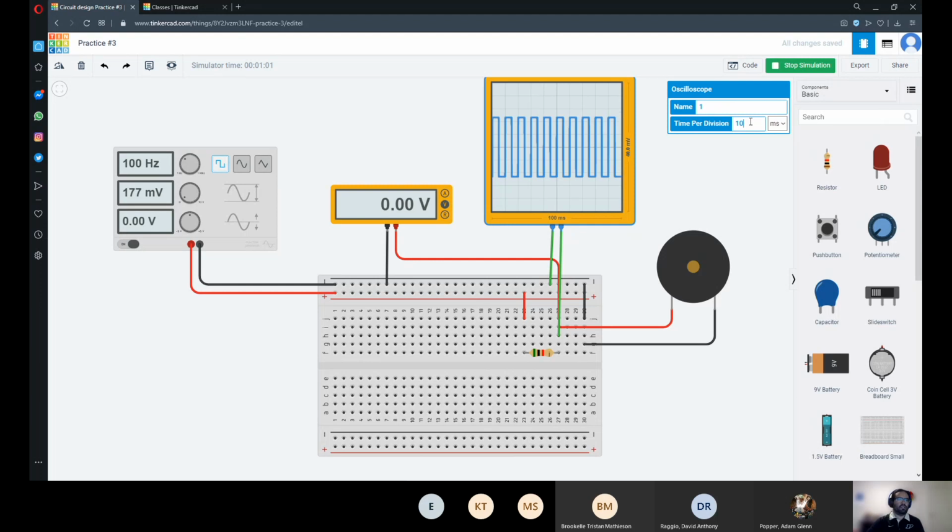So if I want to see more, let's say I want to see 2 cycles. Well, actually, that's not very helpful. There. If I want to see more cycles of my signal, now time per division is 2. So now we see more cycles. So depending on the nature of your signal, you might want to adjust those knobs to be able to visualize it correctly. Because, for example, if I increase this too much,